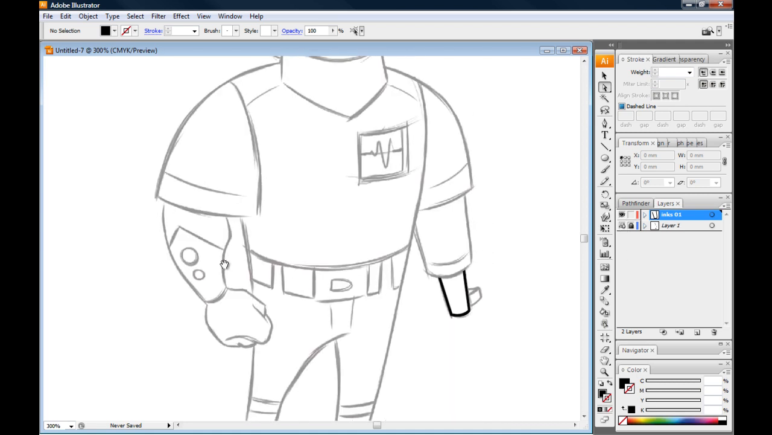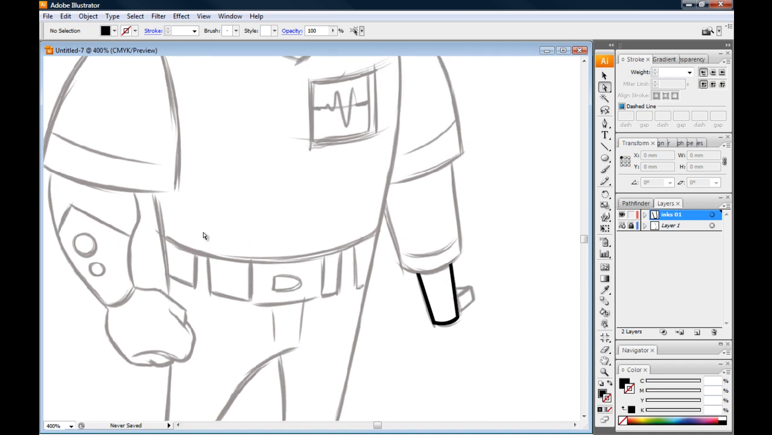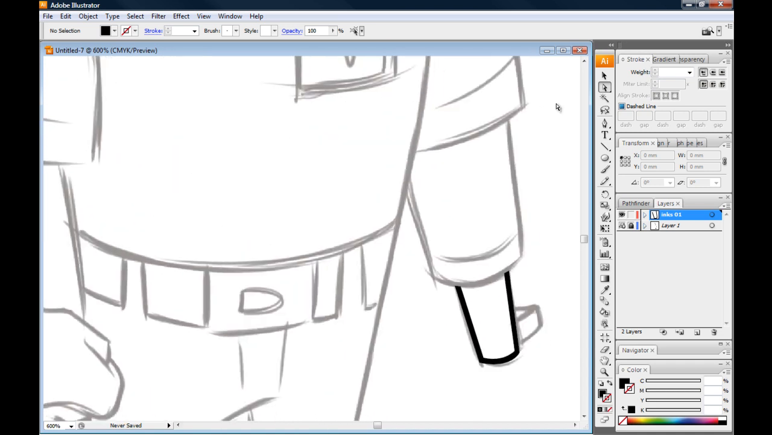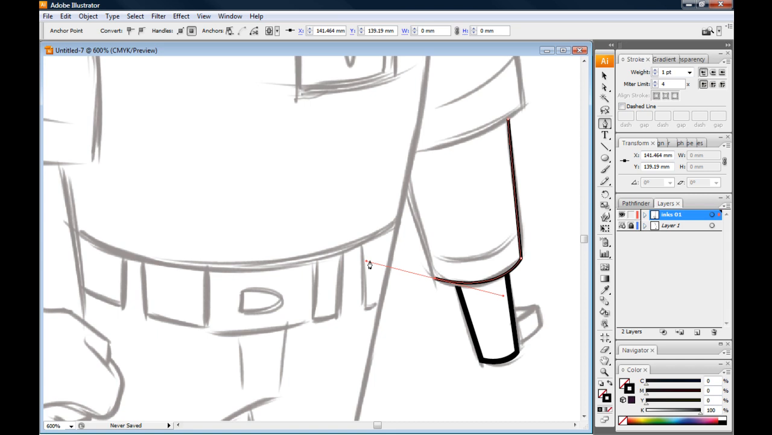Okay, let's show you another method using the pen tool. So select the pen tool, and now we're going to use a stroke, and we're going to pretty much do the same. Come up to about here. Now here you'll see